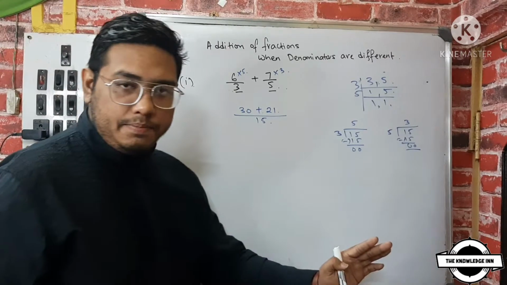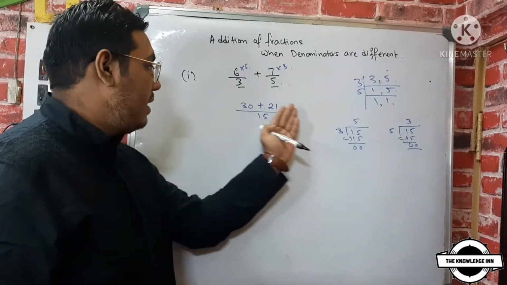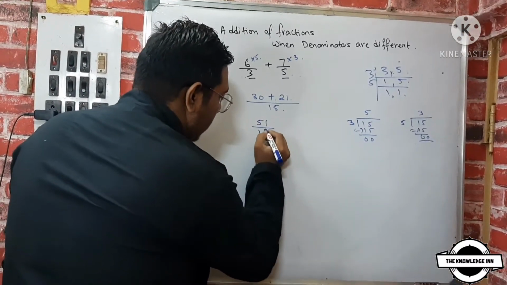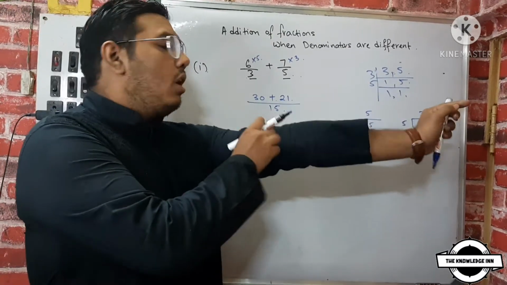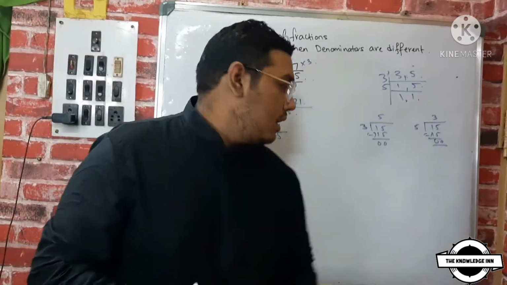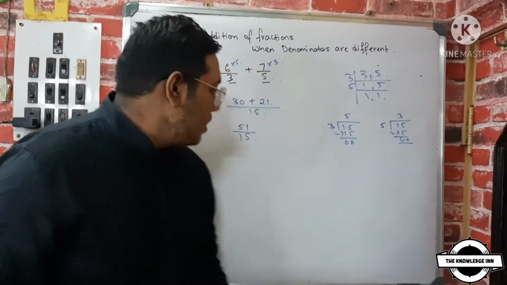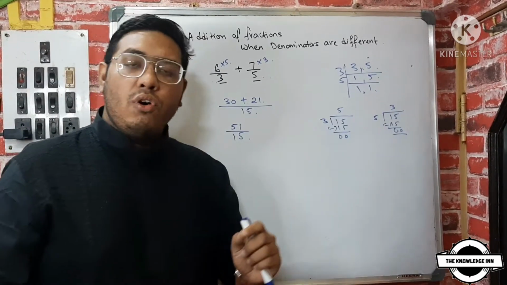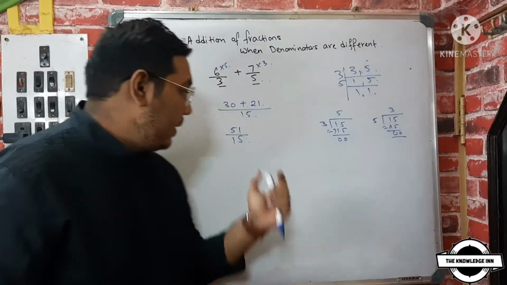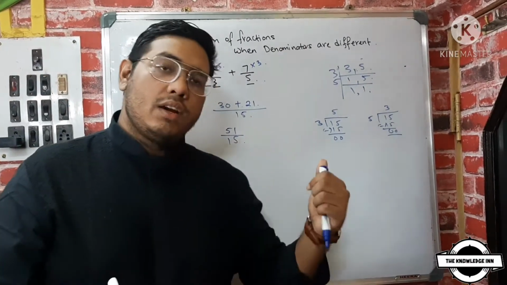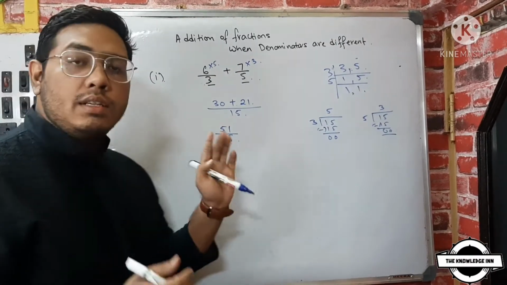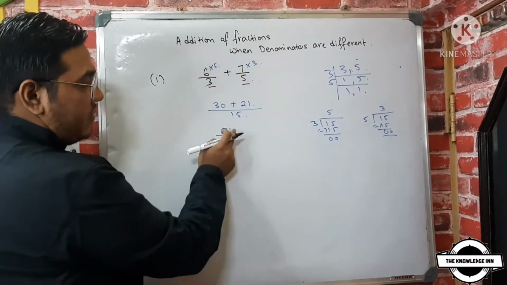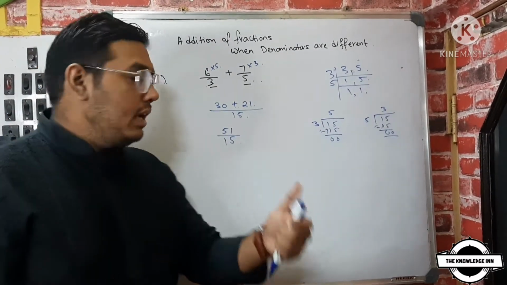Now after this process is done, what we will do is we will add the numerators. The two numerators 30 plus 21 becomes 51. 51 by 15. Now if you all remember the test of divisibility, over here we will be using that concept. Now see, both are odd numbers. So out here we will directly cut it by 3. I have already shown you how to reduce a particular fraction in my previous video. Please go back and check out the video if you are having any problem regarding how it is being cut. So we will take 3 because both will go by 3. 5 plus 1 gives you 6. So hence according to the rule of divisibility it will go by 3.